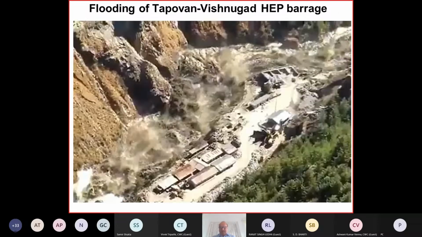You see here, for example, Tapovan, Vishnugad barrage, and this is just a photo at the time